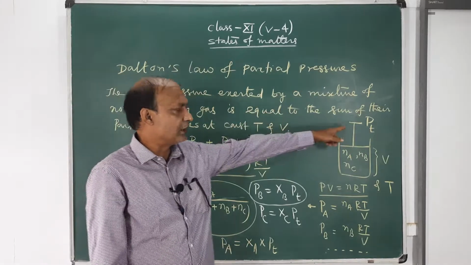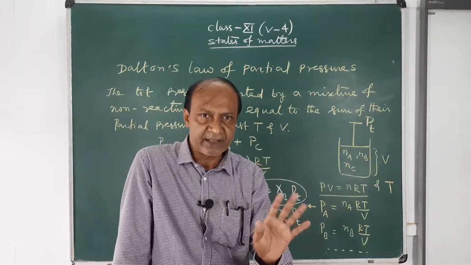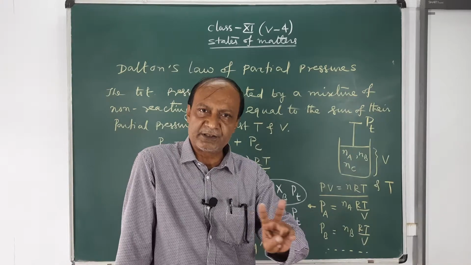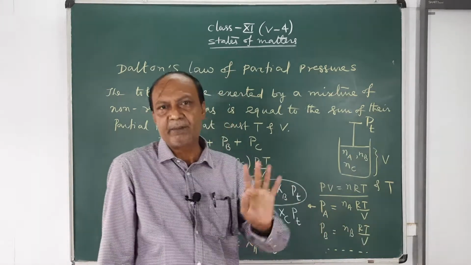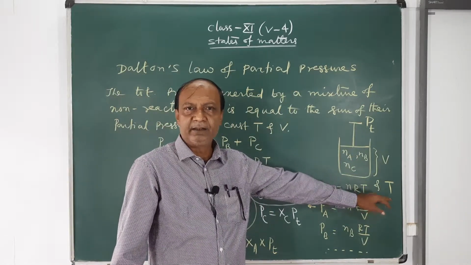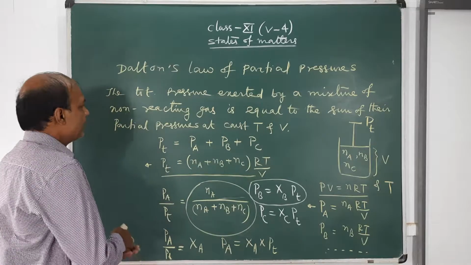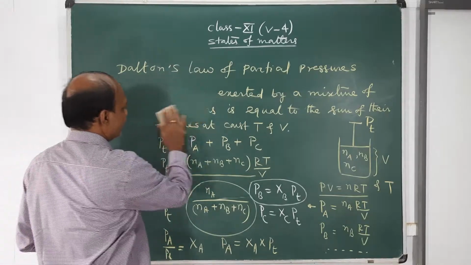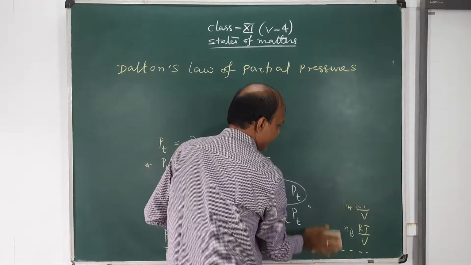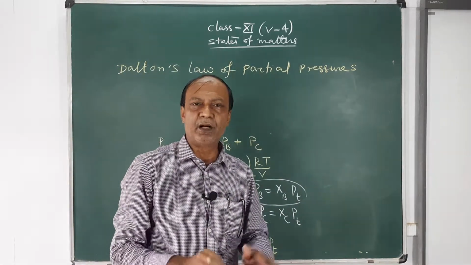Dalton's law: what is total pressure, what is partial pressure, you understood. Partial pressure is the pressure exerted by each gas. Therefore, according to Dalton's law, the total pressure will be the sum of the partial pressures of all the gases present in the mixture at constant volume and constant temperature. Clear? This is known as Dalton's law of partial pressure. Now see, we will take a problem here and solve it. Supposing the total pressure is given, you can find the partial pressure without knowing the temperature and without knowing the volume.